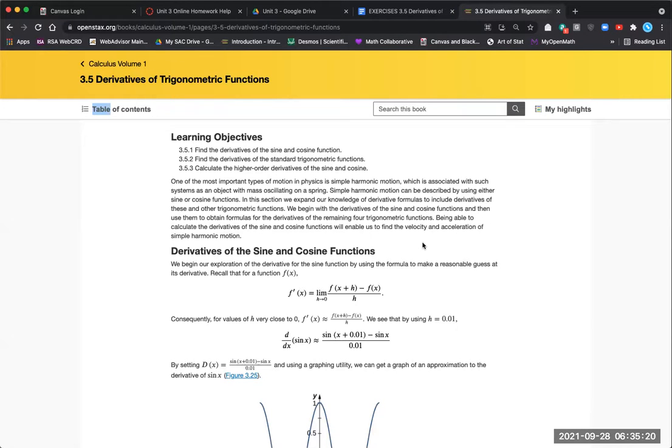Let's go and take a look at lesson 3.5, do a quick review of that. In lesson 3.5, we're now looking at derivatives of trigonometric functions. And so first, make sure you're comfortable with sine, cosine, secant, cosecant, tangent, cotangent functions and have a sense of